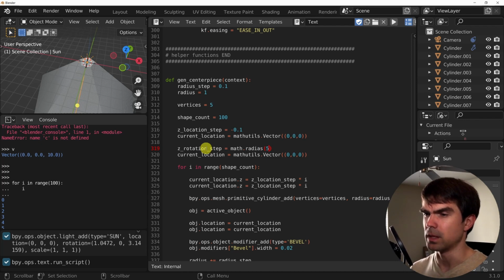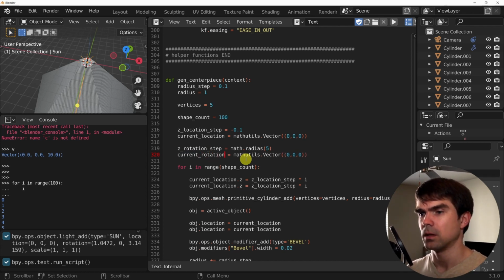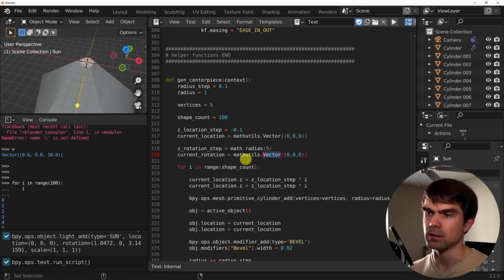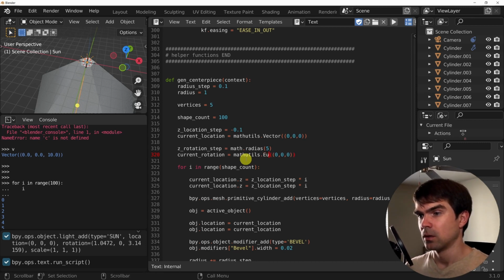Gonna rotate by 5, so that's 5 degrees, and we convert it into radians. So, and then we have the current rotation. And instead of just a vector, we're going to use an Euler representation.